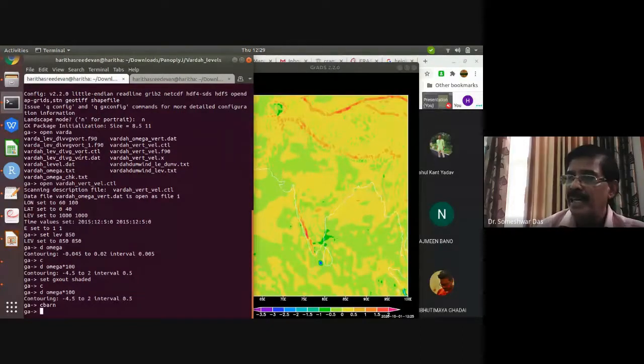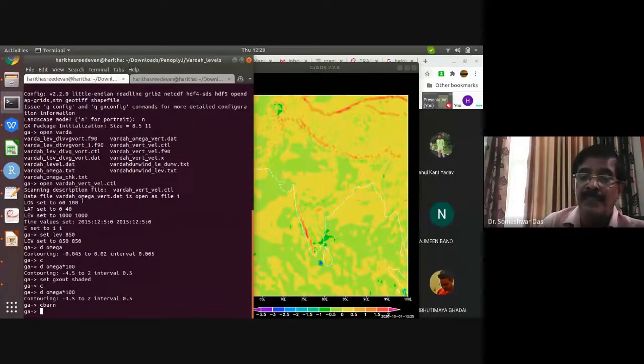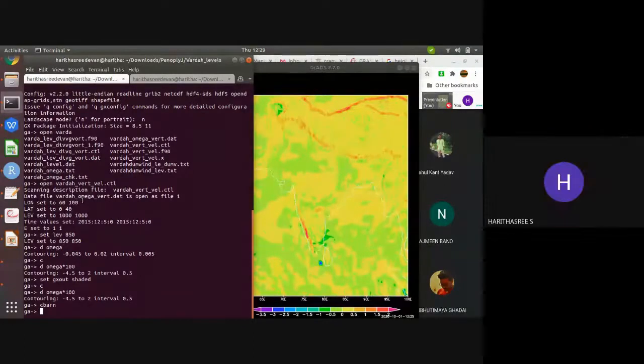If you don't initialize, it will expect some value at the lowest level, and it will take some unwanted, absurd values. So you have to specify some value, maybe 0.1. Rather than saying 0, you can specify a minimum value, say 0.1 millibar per second. If you want, you can do that way.